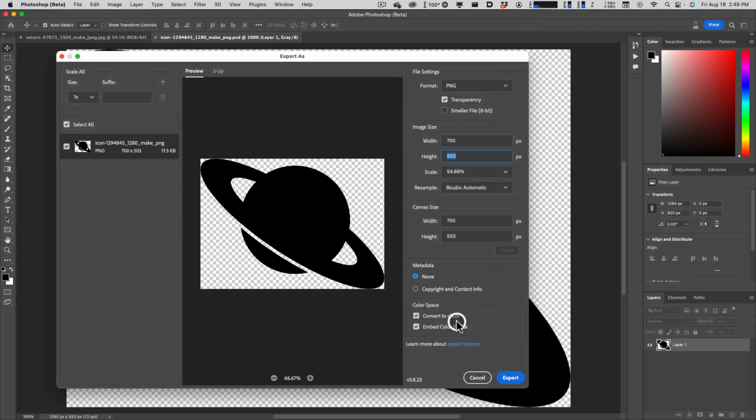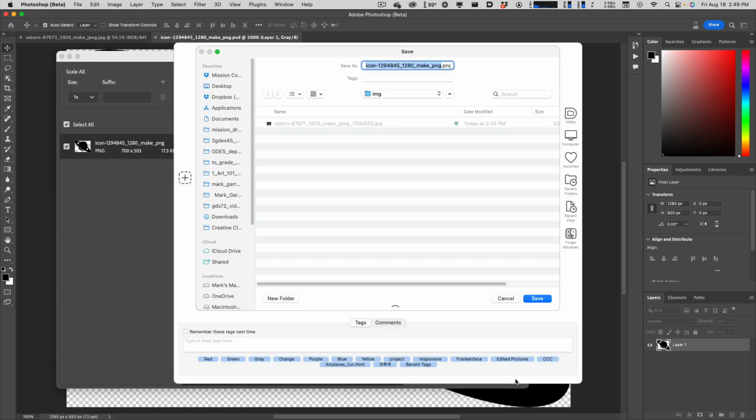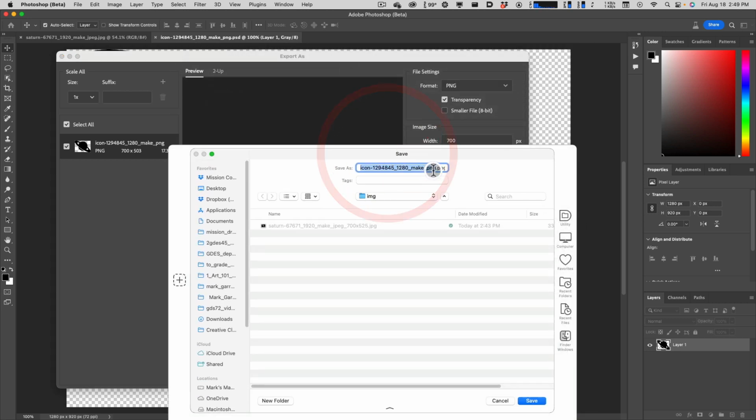So yeah, what we don't want to see is a giant image on your web page that you just scaled down with HTML or CSS and it's making the whole web page slow. You don't want that. Okay, so I'm going to say export and let's put the size in there. What was it? 700 by 503. I'll just leave that on there. 700 by 503